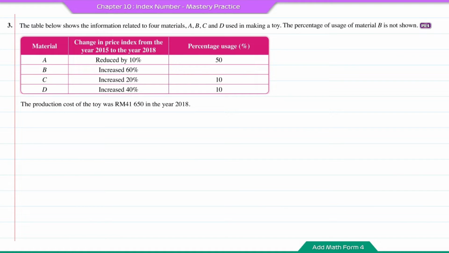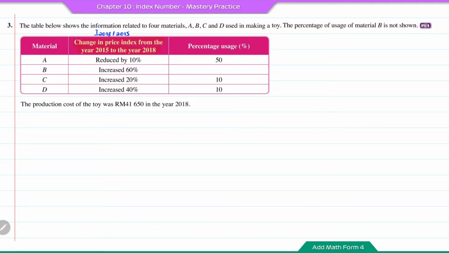Question number 3. The table below shows the information related to 4 materials A, B, C, and D used in making a toy. The percentage of usage of material B is not shown. The production cost of the toy was RM 41,650 in the year 2018. So based on the information in the table here, this column will be the price index in the year 2018 based on